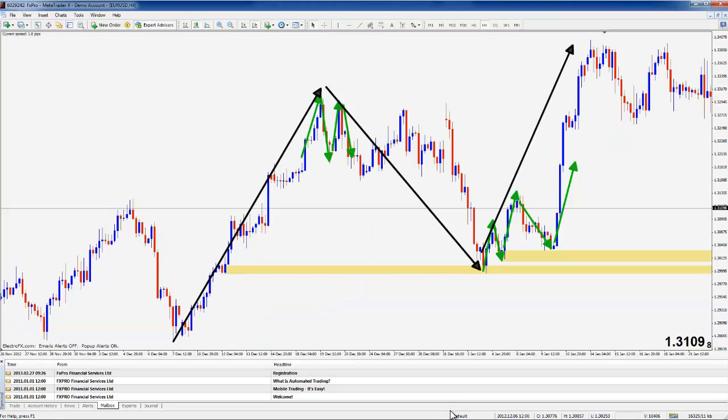So now this is what I mean when I say you can use one level of wave activity to turn the other. I've drawn in the longer term using black. I mean, these colors are irrelevant, but I've drawn in longer term, and I've left on these basic patterns for you. So now, if you didn't want to take your education any further and you were happy with larger stop losses, then you could actually now use market structure as your entry trigger into the price action of the longer